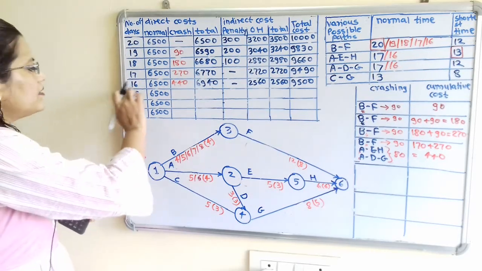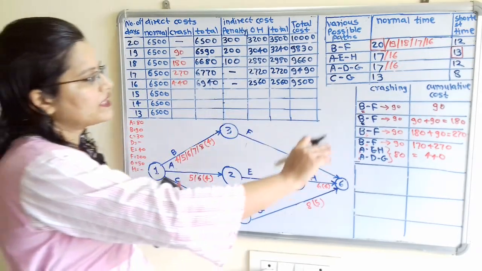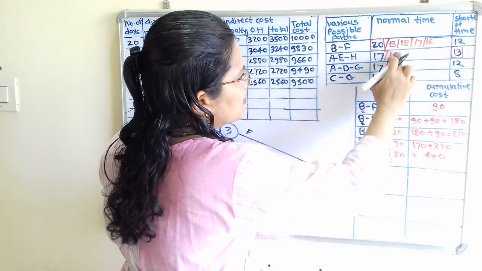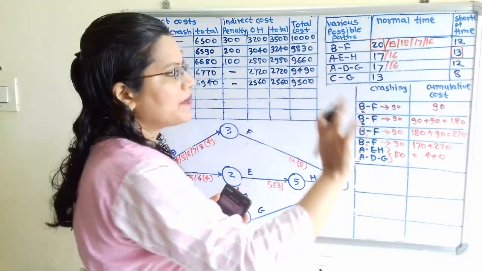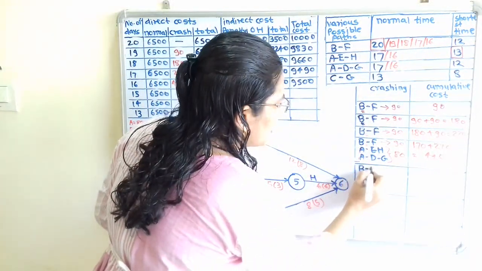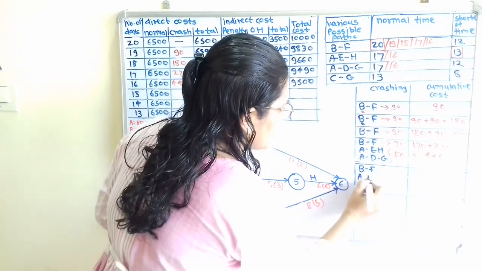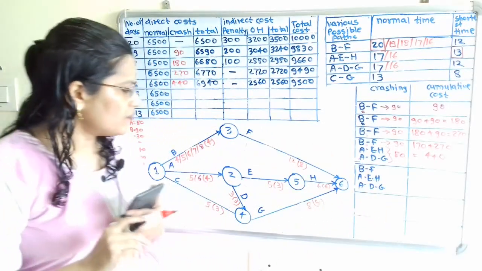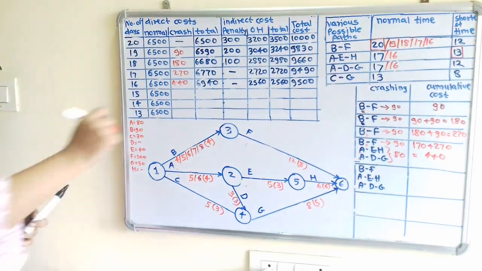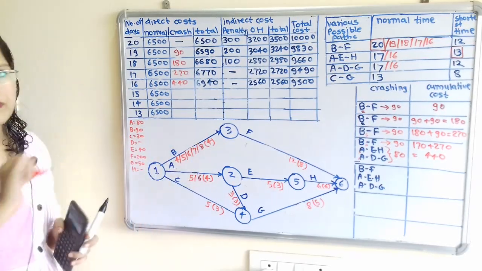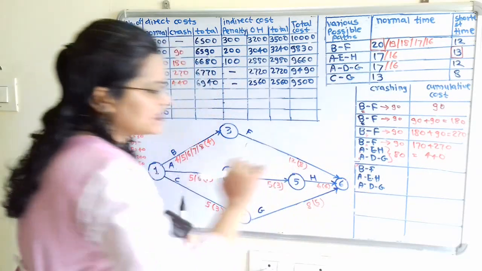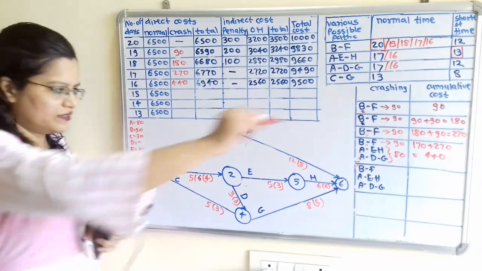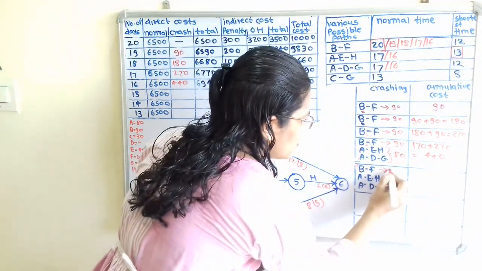Now if we again complete the project for 15 days, so for this crashing we have to select the path. Now again if we compare the normal time 16, 16, 16, these 3 are maximum. So I will repeat B to F, then A, E, H, A, D, G. Now if we observe for activity B, shortest time is equal to normal time. So this activity B we cannot select. So remaining activity is F, and for F cost is 200. So for that I will write here as a 200.